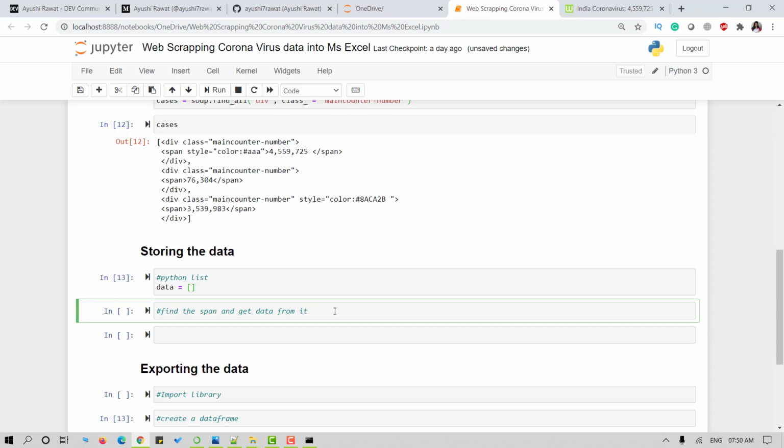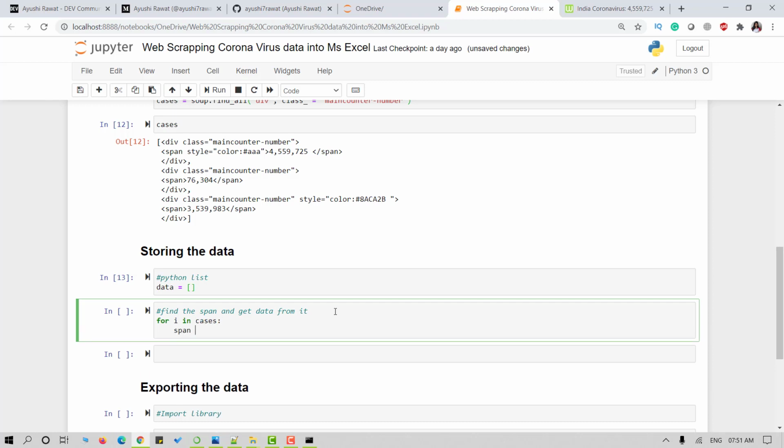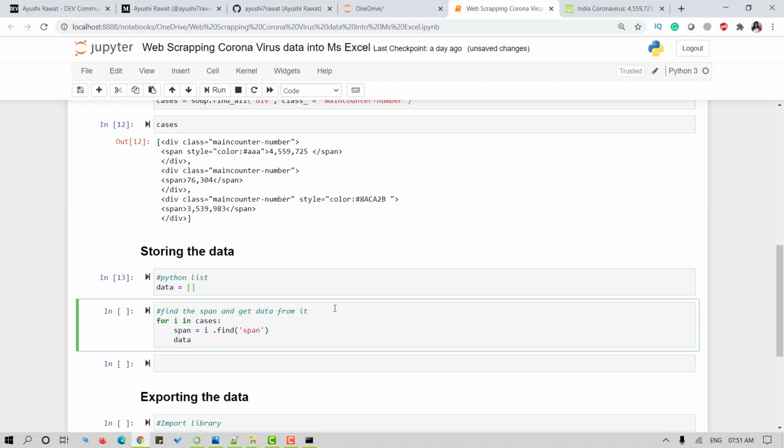So now let's find the span tag and get data from it. For this, I'll run a loop over cases. And once we find the span tag, we will update its data into our list.